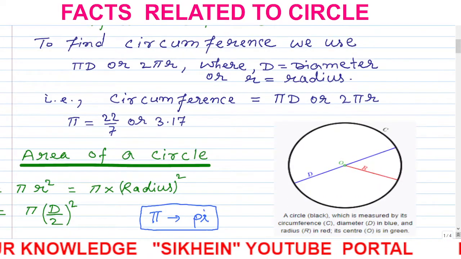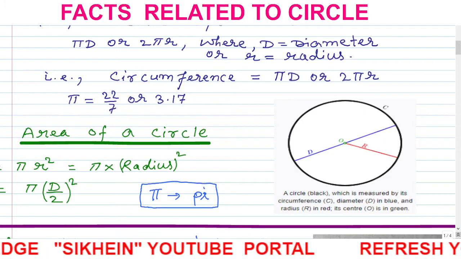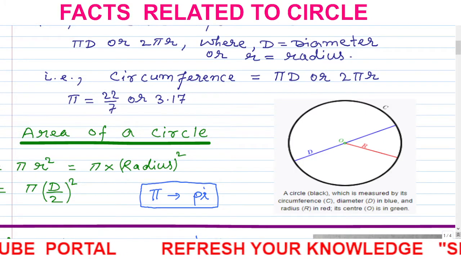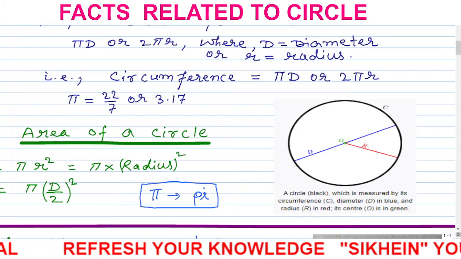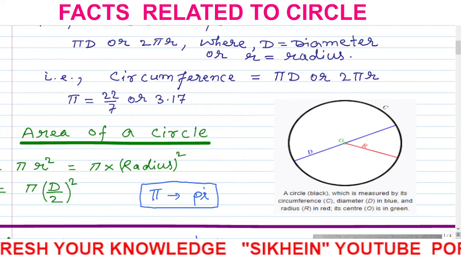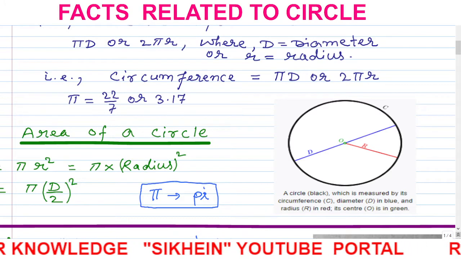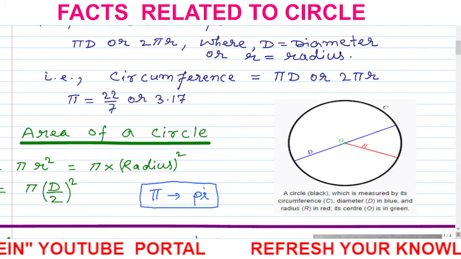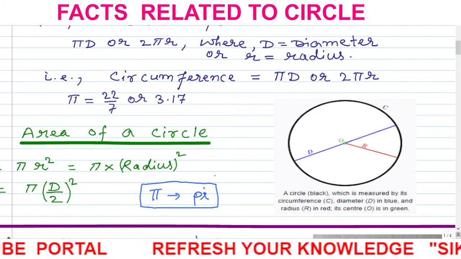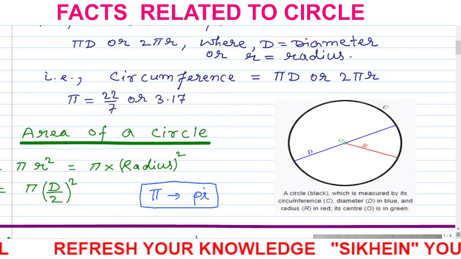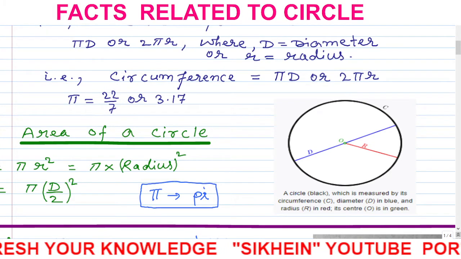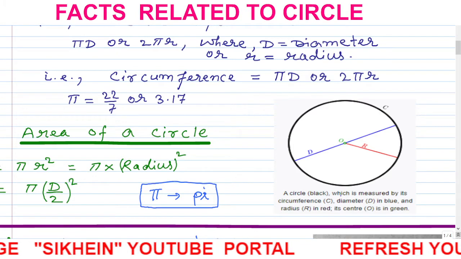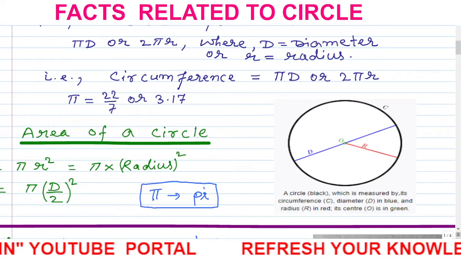Area of circle, that is a relation of pi and r, that is pi r square. We can write pi into radius whole square, also pi into d by 2 whole square. This symbol is known as pi. Here we discuss a circle whose boundary, in black color, is measured by its circumference